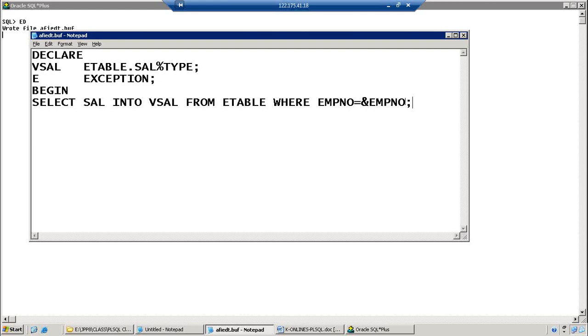Anything you can write. It is a parameter only. At runtime I want to check it. Next, if vsal is greater than 2000, then we want to raise the exception. Raise exception. That exception will be handled in our exception block. We don't want to write it here. The next, else